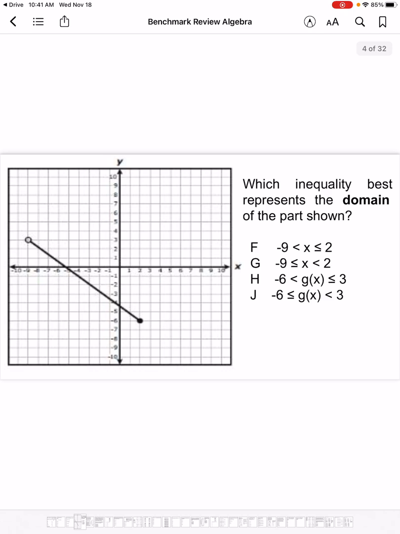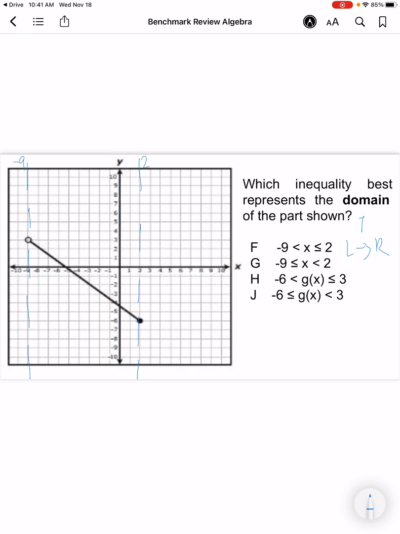All right, when it comes to domain and range, domain, remember, is left to right. So when I see the word domain, I am thinking left to right. So I'm going to go left to right. And I want to ask myself, is there a boundary on the left? A boundary is a starting or a stopping point. In this case, we do have a boundary. We have an open circle right here. The next thing I want to look at is, do I have a boundary on the right? The answer is yes, there's a dot on the right-hand side. So I'm going to mark that as well. So my boundary numbers are -9